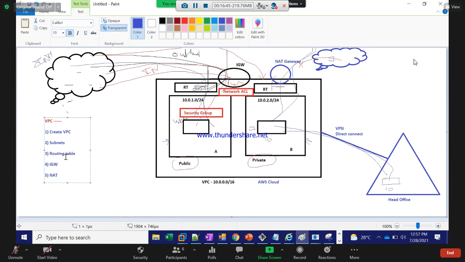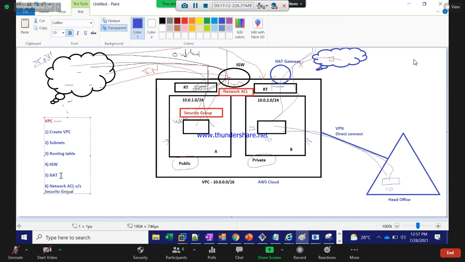And the next one is, in the same VPC section, one more thing will come, that is called network ACL, right? Network ACL versus security group.